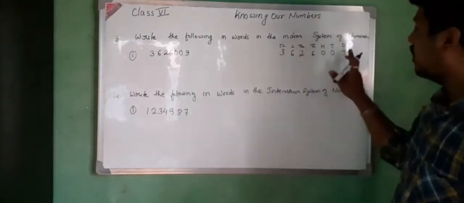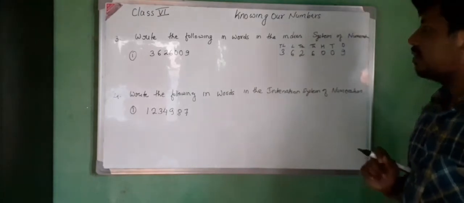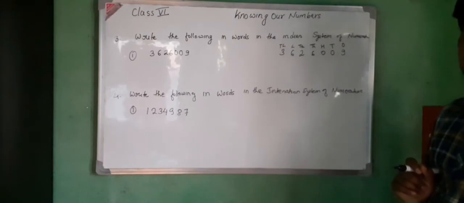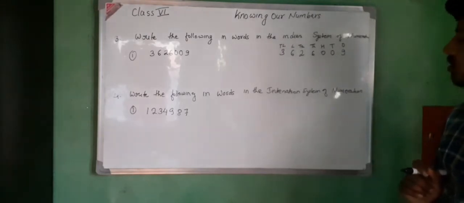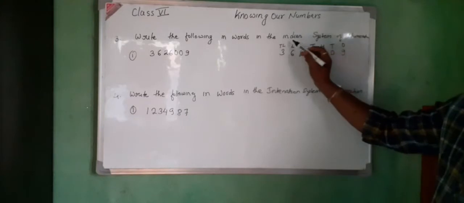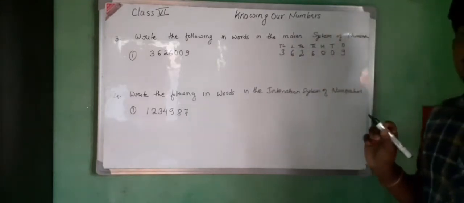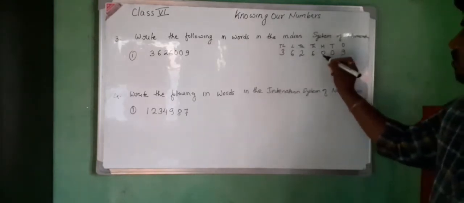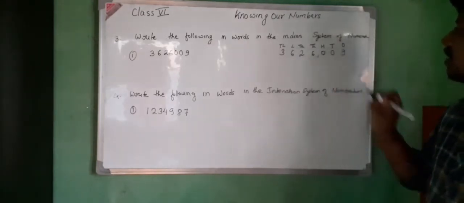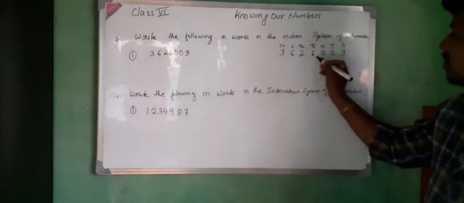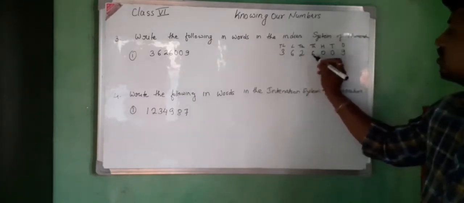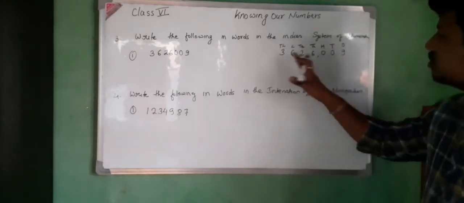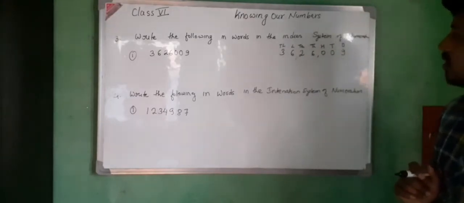Okay, so I wrote it in a place value chart. After that, you have to put the commas. If you put the commas, then it will be very easy to solve. So how can we put commas in the Indian system of numeration? From the back, after 3 digits you have to put 1 comma, and after that, followed by 2 digits, 1 2, then 1 2, you have to put the comma. First 3 digits, then 2, 2, like that in case of the Indian system of numeration.